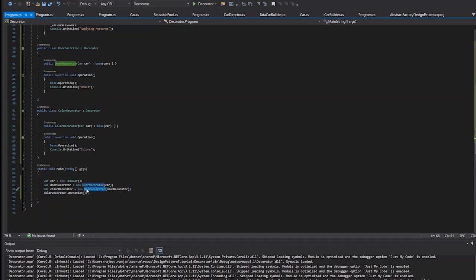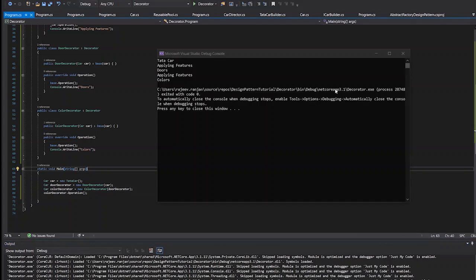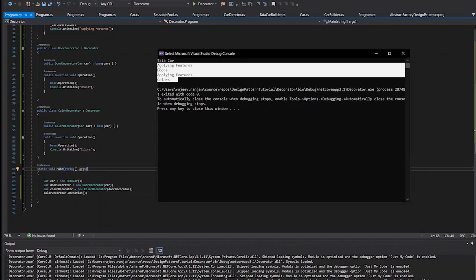Oh, sorry, my bad, it's a color decorator. So if I run this application, can you see this debug console window? Yes. So we have Tata car, applying features door and applying features color. So we have all the decorated car object, the final car object.